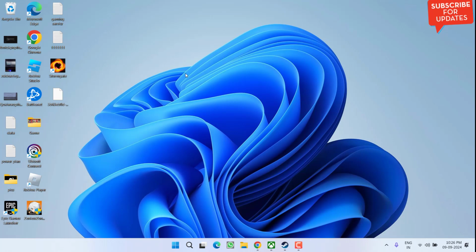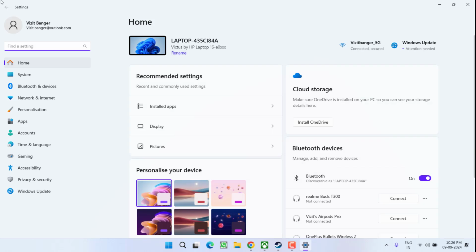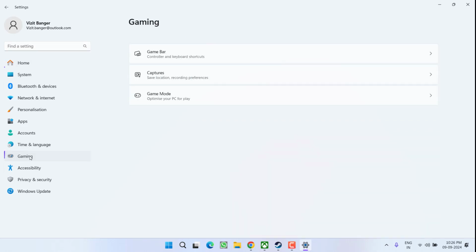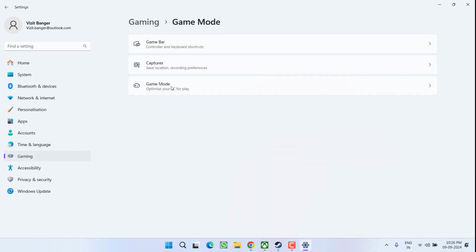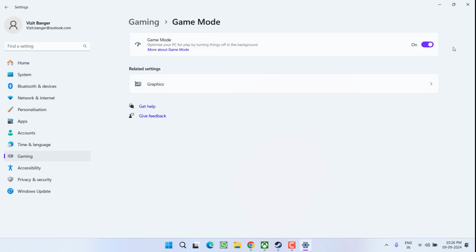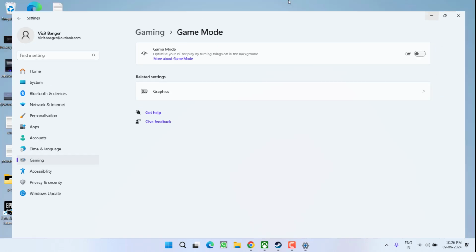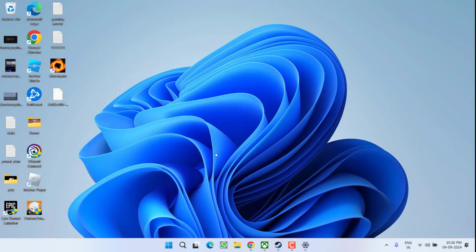Multiplayer. If this also failed, in the third step, head over to the Settings menu. In the left pane, click on the option Gaming. Here choose the option Game Mode. So if it is turned on, go ahead and choose the option Turn Off. After disabling the game mode, restart your PC and then relaunch the game to fix the crashing issues while playing Black Ops 6.